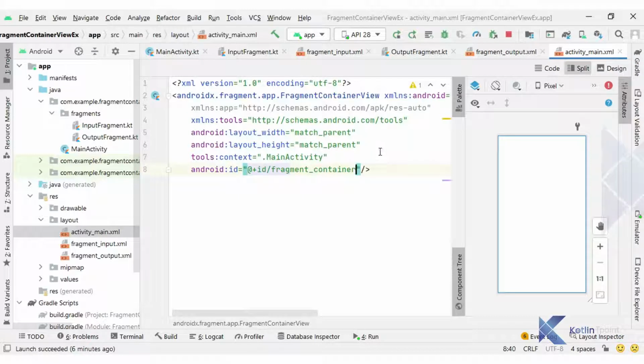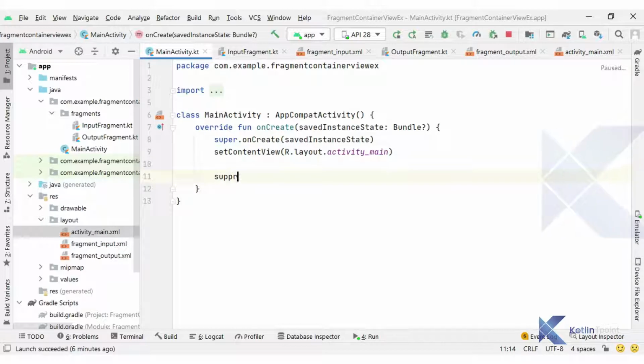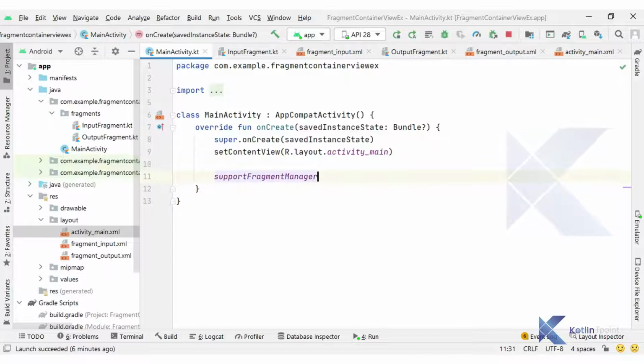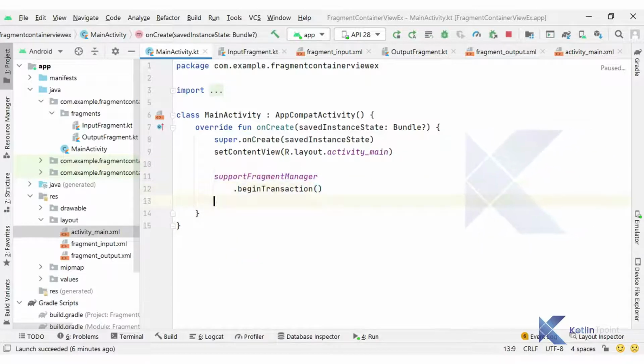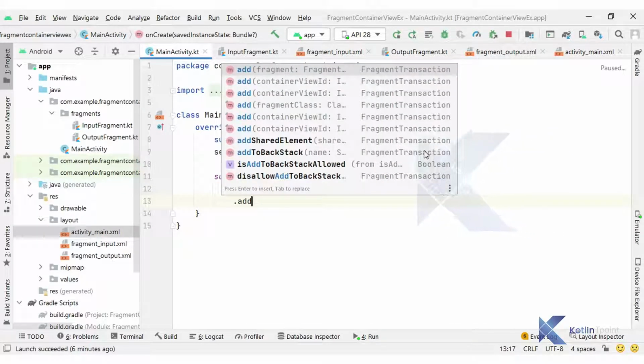Next I am going to add the fragment inside this fragment container view. Inside my main activity's Kotlin file, I will write supportFragmentManager, which we usually use for the fragment manager, dot beginTransaction dot add. Inside the method we usually pass the container view ID.